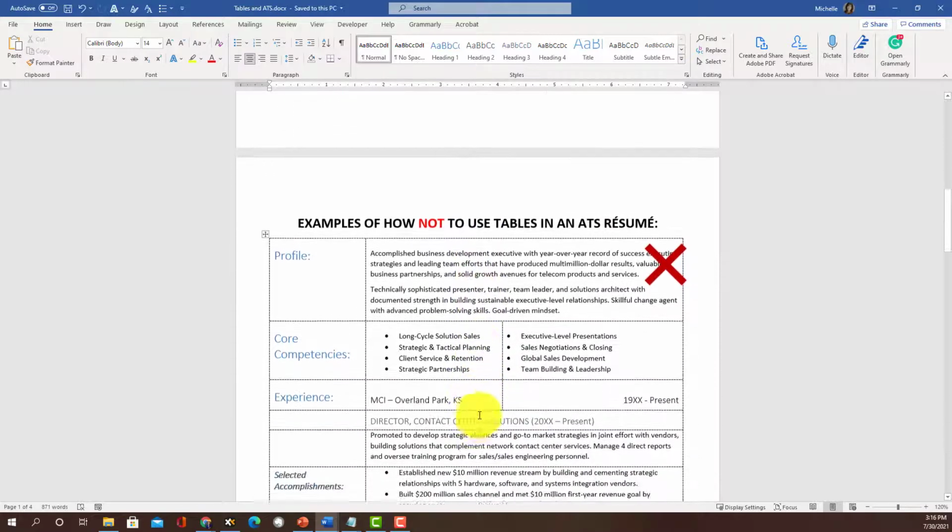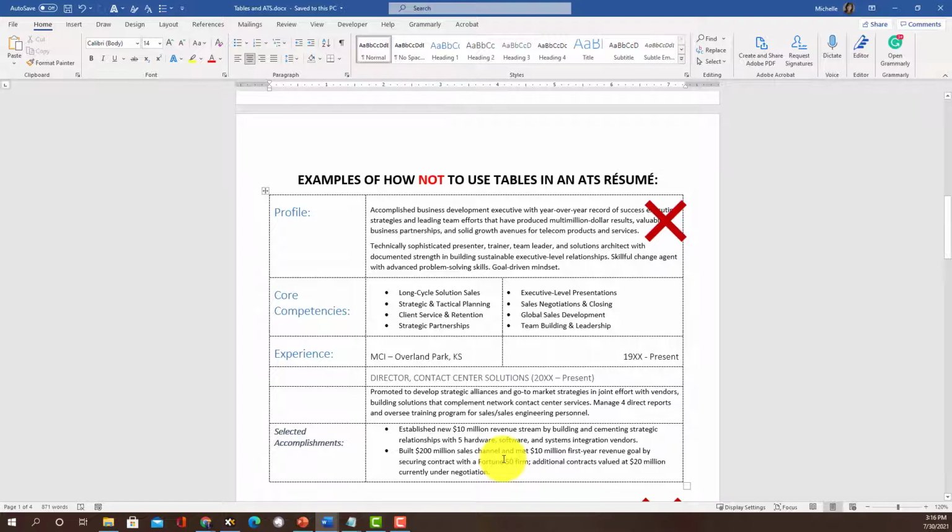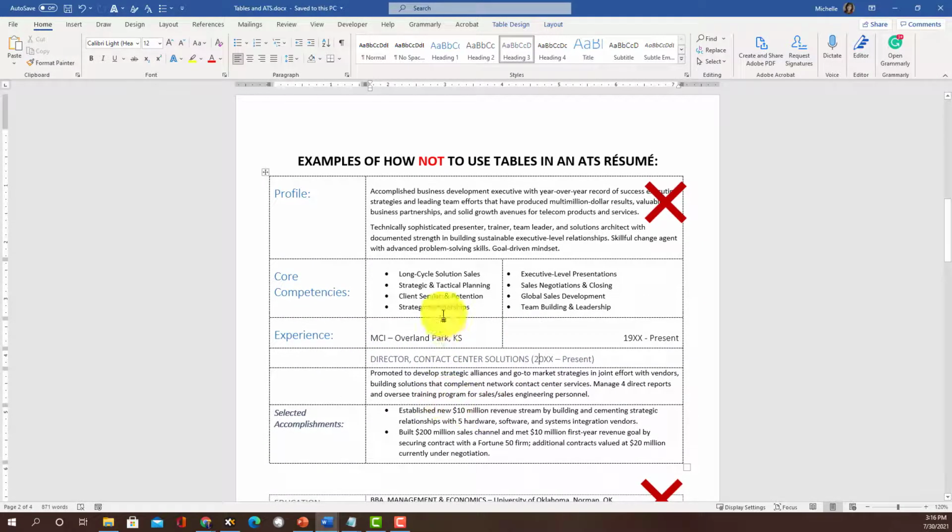So examples of how not to use tables in an ATS resume. So what I mean by a complex table. This is an example of a complex table where I've got the headings over here in one cell, followed by the text that it goes with the heading over here in the other column. Again, the heading over here separated from the text, which is actually separated into 2 different columns here. So this is 2 columns, and then we have 3 columns down here. And now down here in the experience section, we also have 3 columns. So this is a very complex